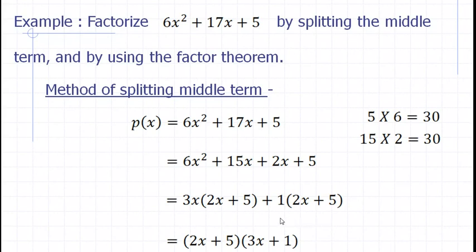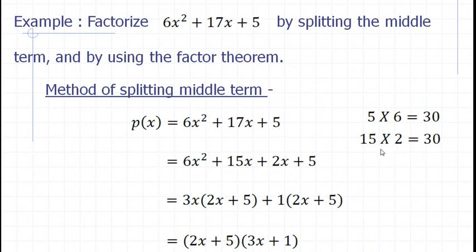Students, this method is very important and you all have read it in class 8. But from this class onwards, there are lots of applications of this method. So please be serious and understand this concept. Splitting the middle term for factorization of a quadratic polynomial is something you have to take very seriously. Okay students, again, the coefficient of x square and the constant term we multiplied, 5 sixes are 30. Now we have to take the different factors of this 30.